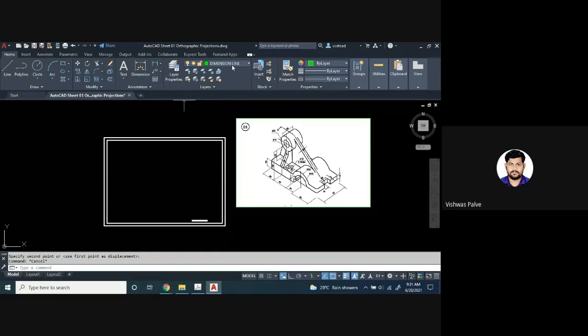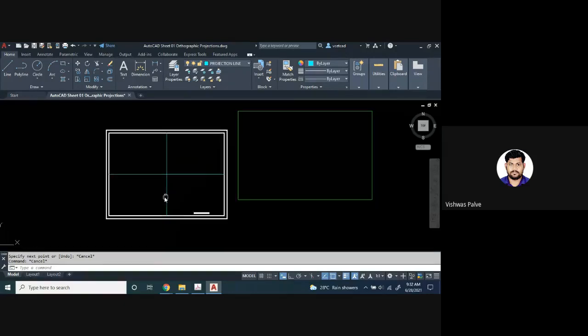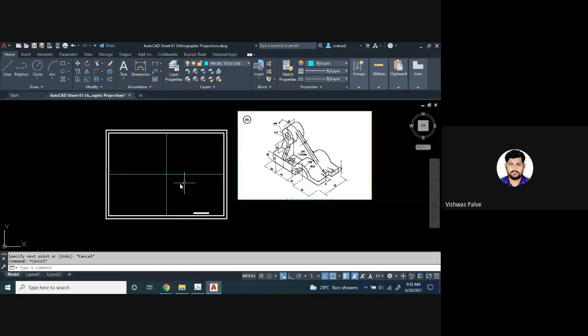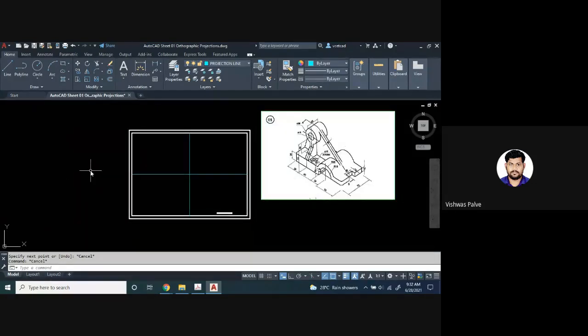So whenever we are going to draw the sectional orthographic, it is similar to our orthographic projection. The only change is that we have to draw the sectional front view. Whichever view they have asked as sectional, we have to draw that. Now what exactly is the sectional view? Suppose, I will take an example. If we consider a cylinder, and if I cut the cylinder into two pieces, let us take an example of a cylinder.